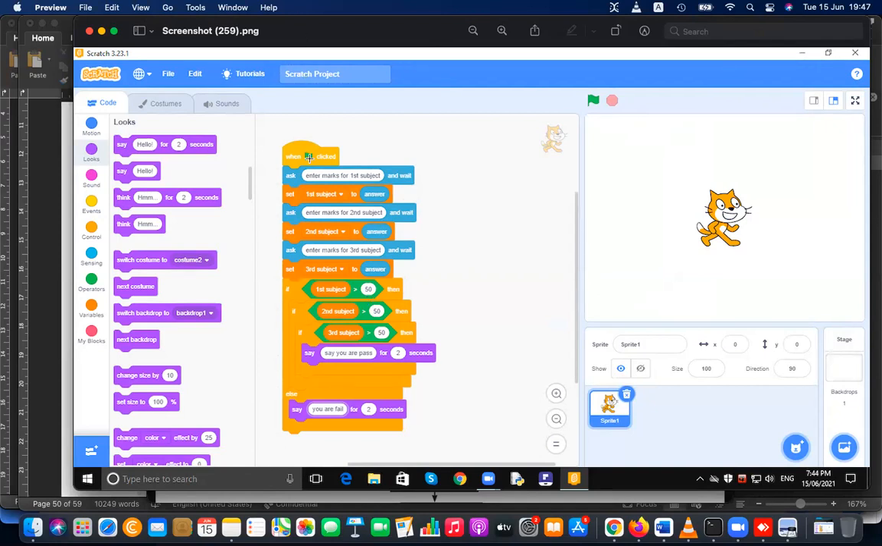This is the code that you have generated. Enter the mark for the first subject and get the subject marks. Enter the second subject, get the marks. That is also correct. Third subject, get the subject marks, correct. If subject mark is greater than 50, then come inside. If subject mark is greater than